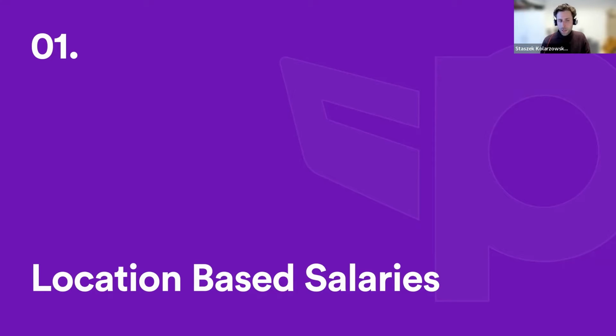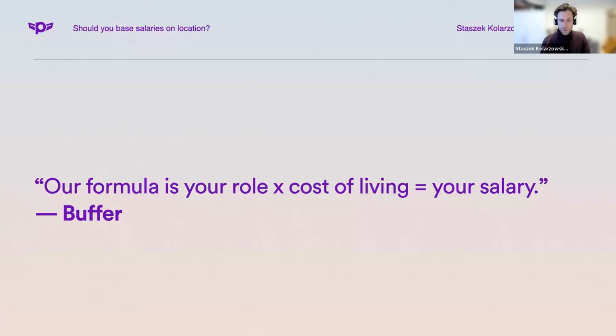This is the most popular approach right now and the most typical. Here's, for example, how Buffer does it. This is from the Buffer page. They have a very simple formula. They take your role and your location to calculate your salary. So if you have 2 people in HR doing the same job, if they live in different countries, they will have different salaries. Buffer has 4 brackets, and depending on the country, you will be placed in one of the brackets, and the bracket determines your final salary.